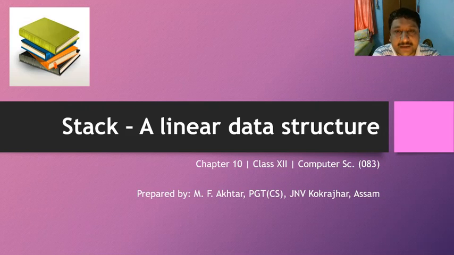We have learned that there are two types of data structure, simple data structure and compound data structure. Lists, which we have already learned, are considered a simple data structure, and the compound data structure is also of two types, linear data structure and non-linear data structure. Linear data structures include stack, queue and linked list. From linear data structures, here we are learning stack. Now see what is a stack.